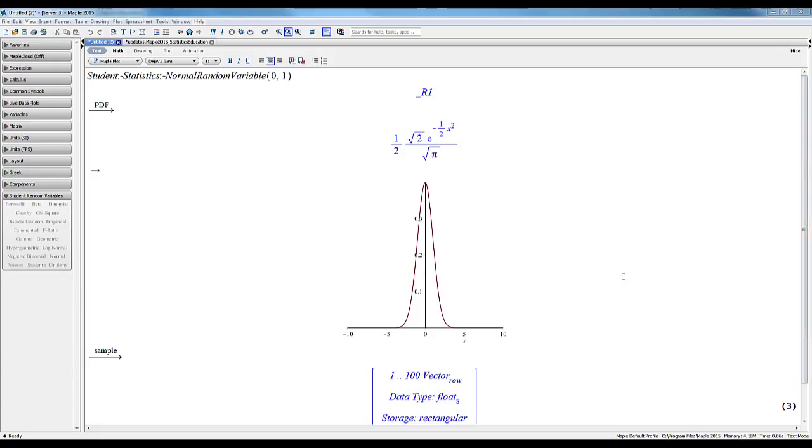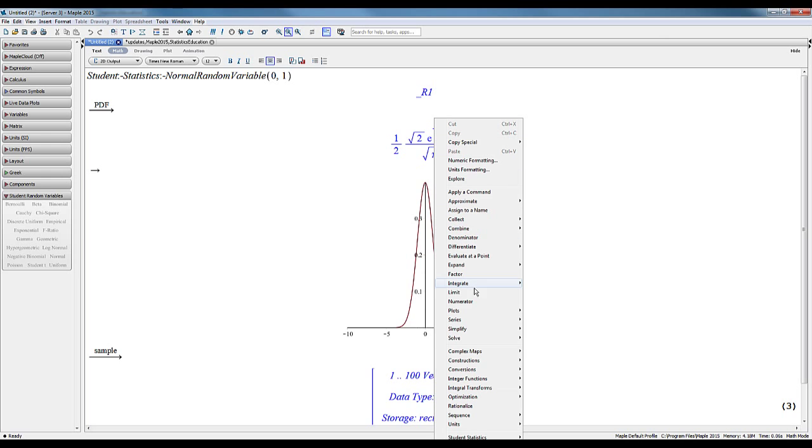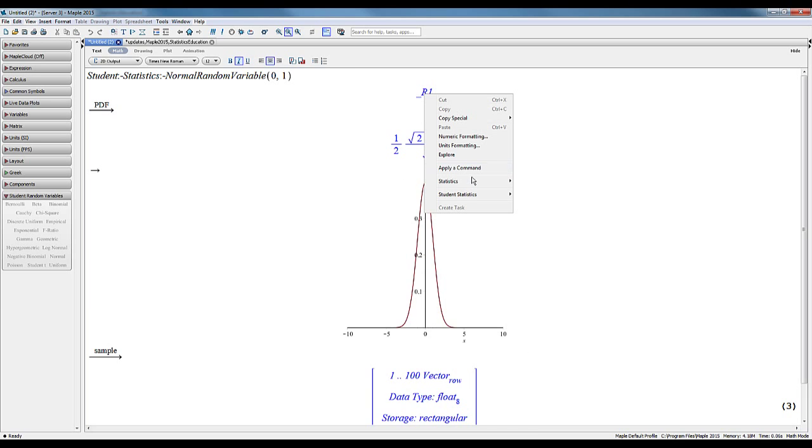In general, Maple's clickable statistics tools are designed to support interactive learning. And what we really mean by this is that we want students to spend less time looking through documentation to try to find a relevant command, and more time just learning the concept. So you can just spend more time right-clicking in order to find the command or the operation that you want to use, rather than needing to go searching through documentation in order to try to determine how to sample or to find a CDF or PDF or so on.